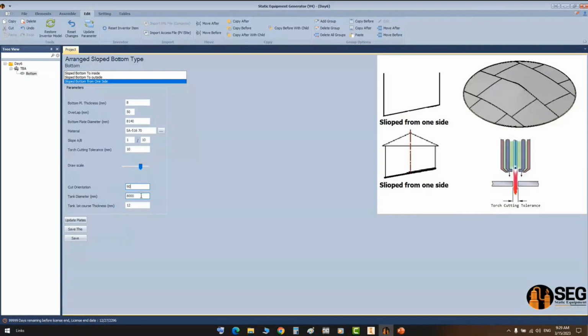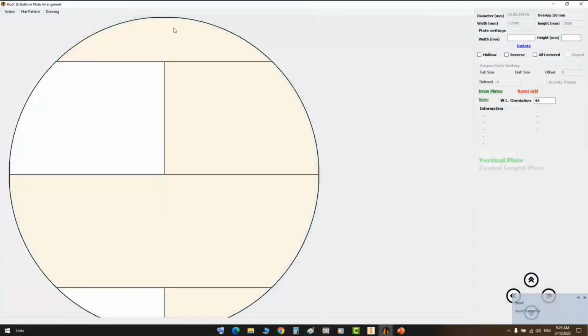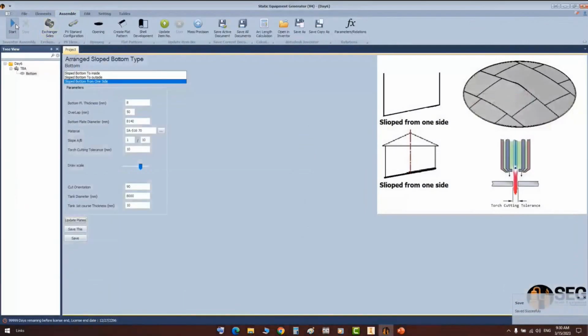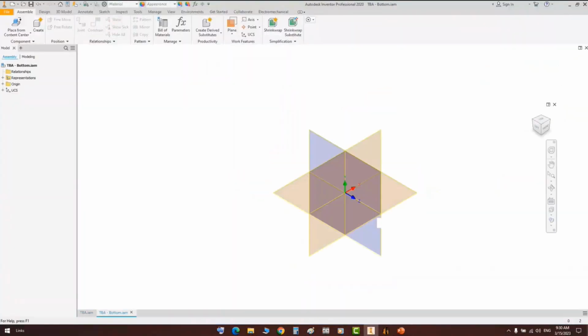Let's make it 90 degrees, and the tank diameter here, and the tank first course thickness. And let's click on save. Now, if you open the update tab and pro blades, we will get that shape, change the orientation, and save it. Now, if you create this part,